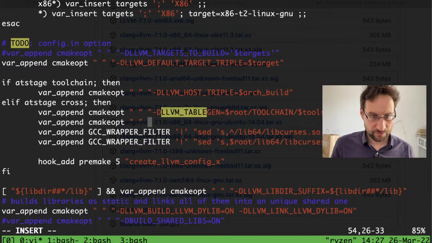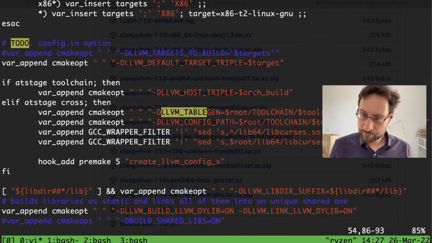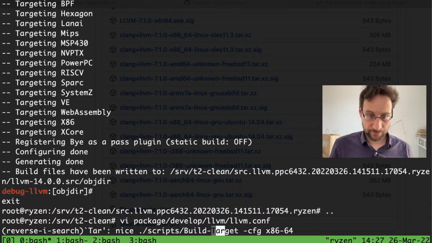Maybe it can get it from LLVM config potentially. So that should be that one. Let's see what happens.